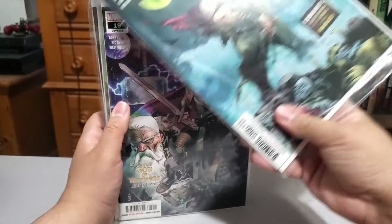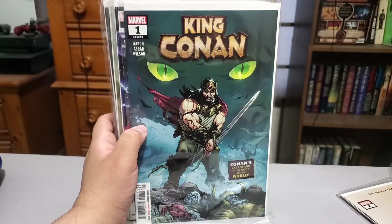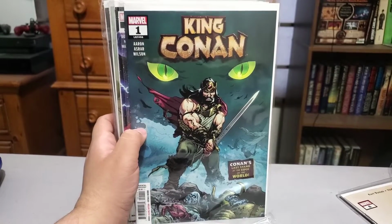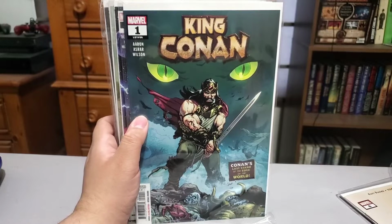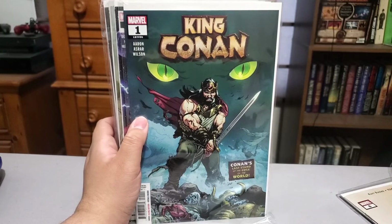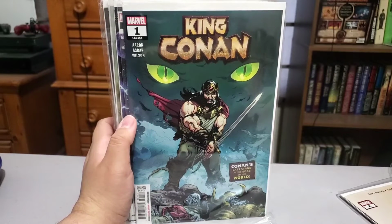We got a new Conan series. We are getting a new Jason Aaron Conan series. It is a King Conan. I got Jason Aaron's Conan reboot. I have all of that run. I did not go into it when that Zeb guy, I think that's who it is, I can't remember, when